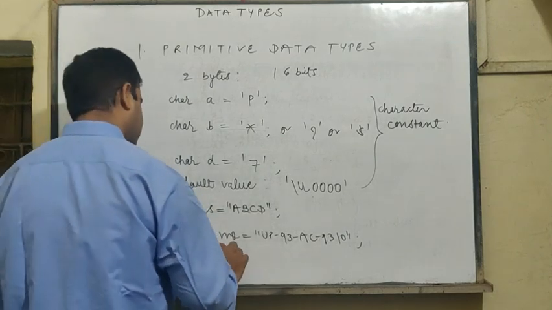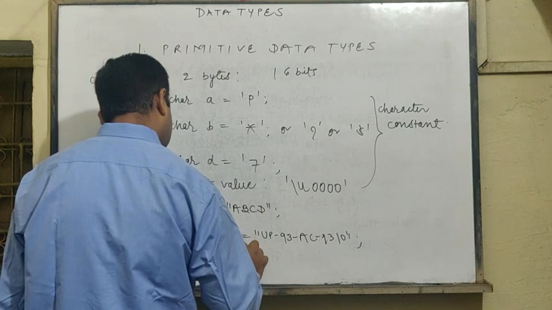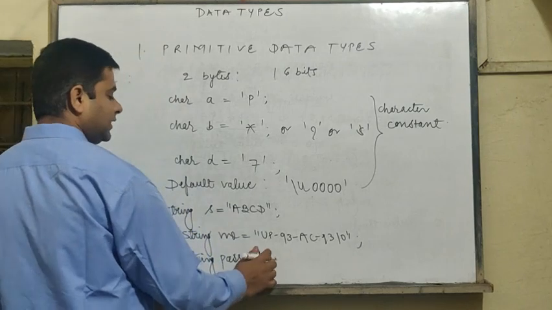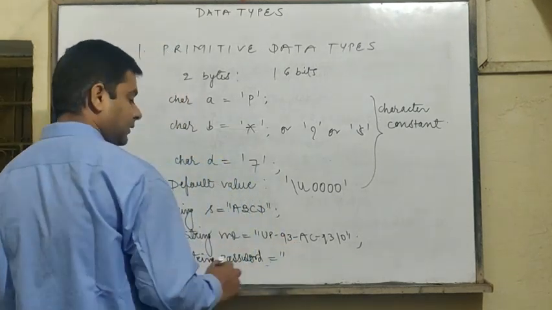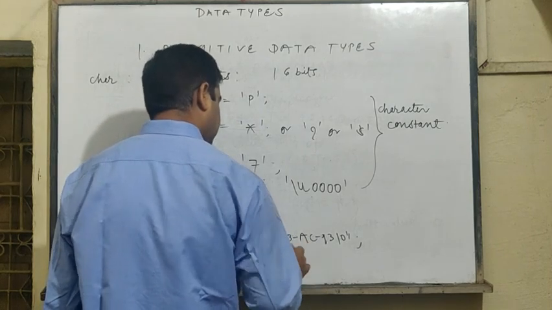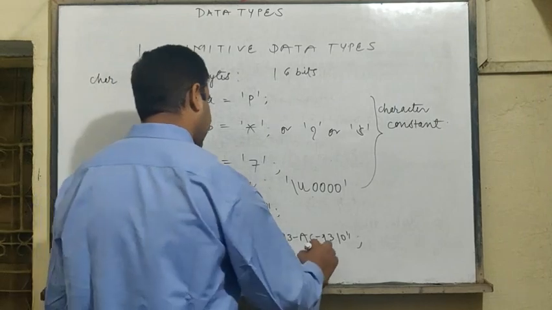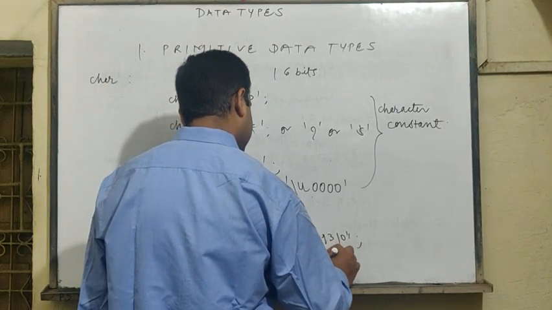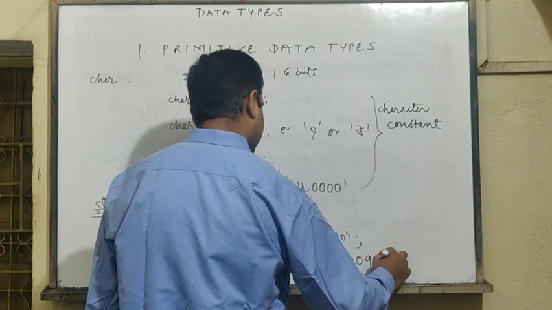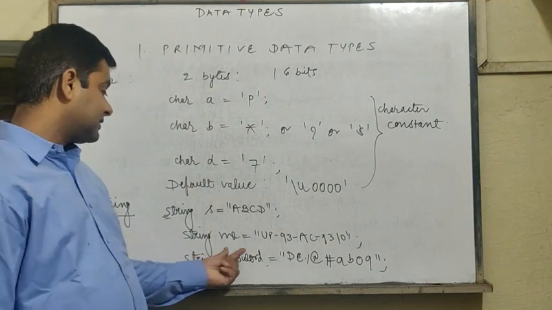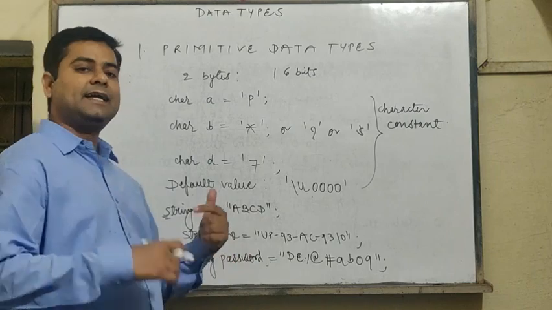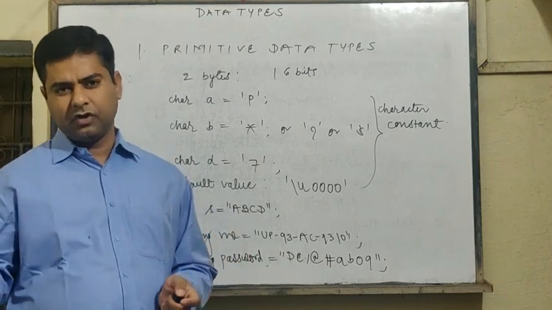Suppose you want to store a password in a string, and you are storing, suppose, the letters D, E, a full stop, a slash, @, then a hash, then AB, and digits 09, etc. So you can see here, the string object can store any type of value. A string data type is used to store alphabetical information or mixed type of information.